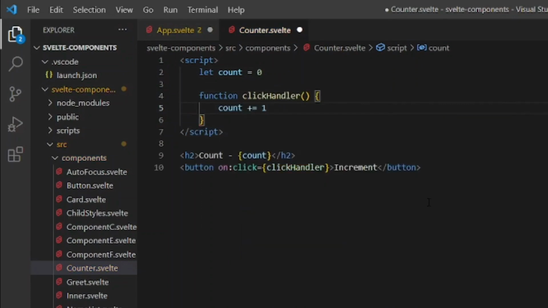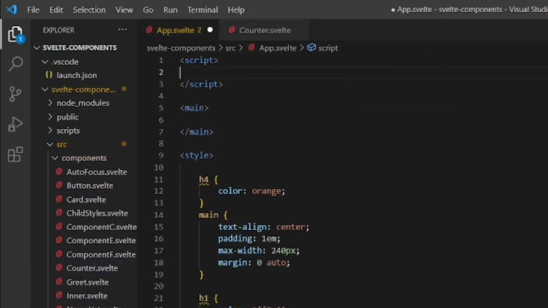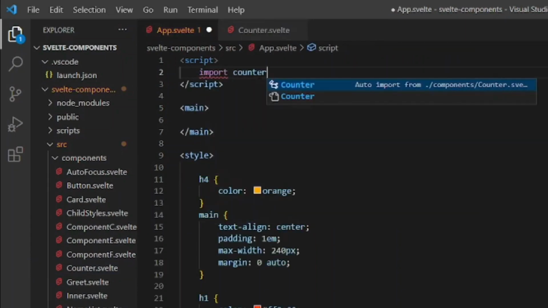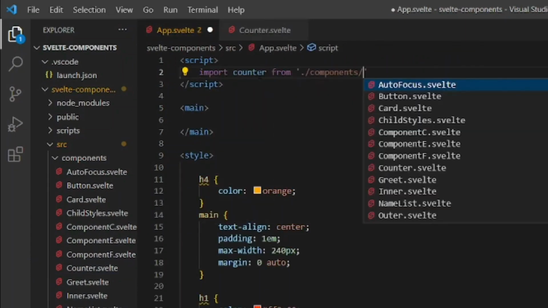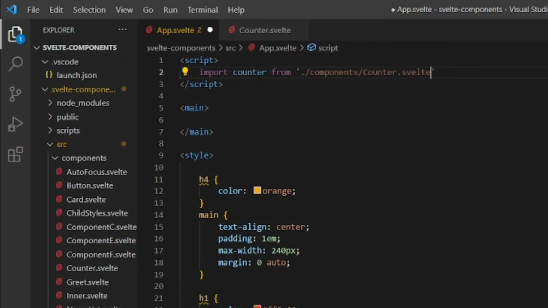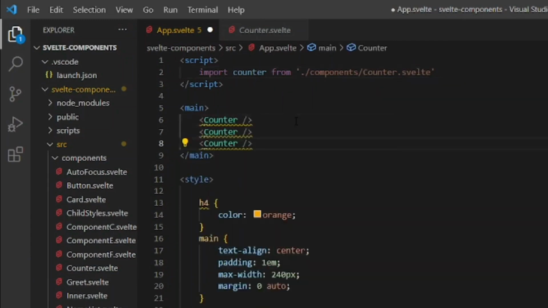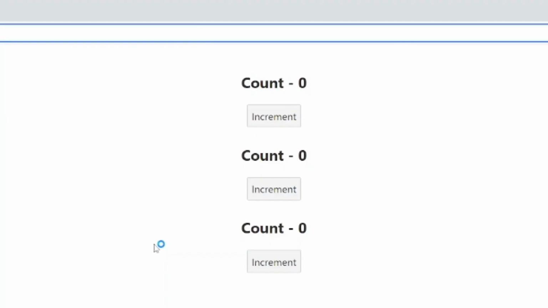Now that we have the counter, let's import it in the app component. Import Counter from ./component/counter.svelte. In the markup, let's invoke the component 3 times. Let's save all the files and head to the browser. On page load, we should see the 3 count values and 3 increment buttons, each pair corresponding to one instance